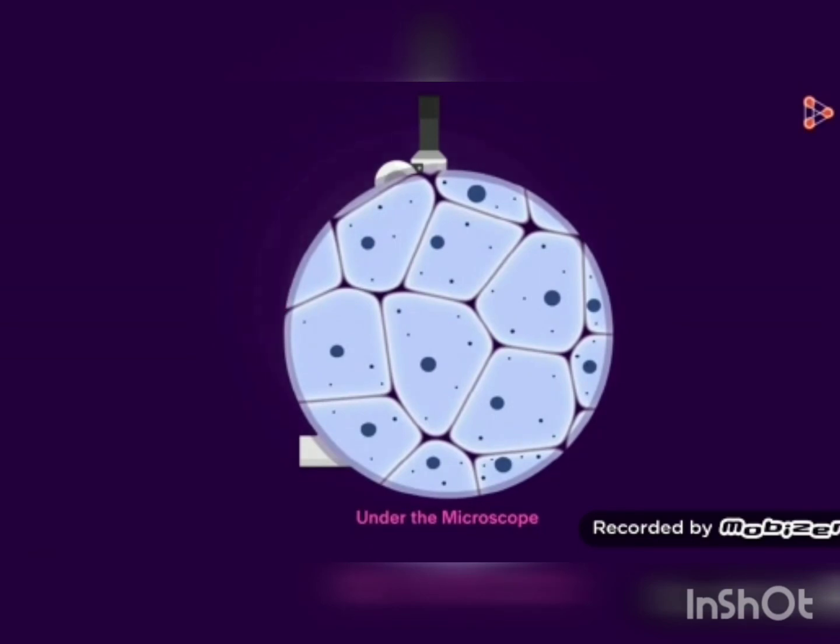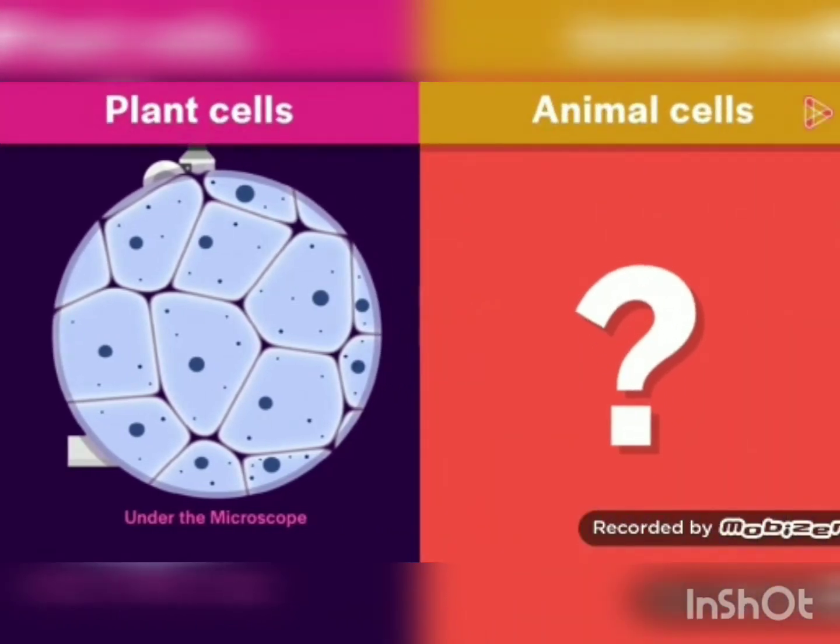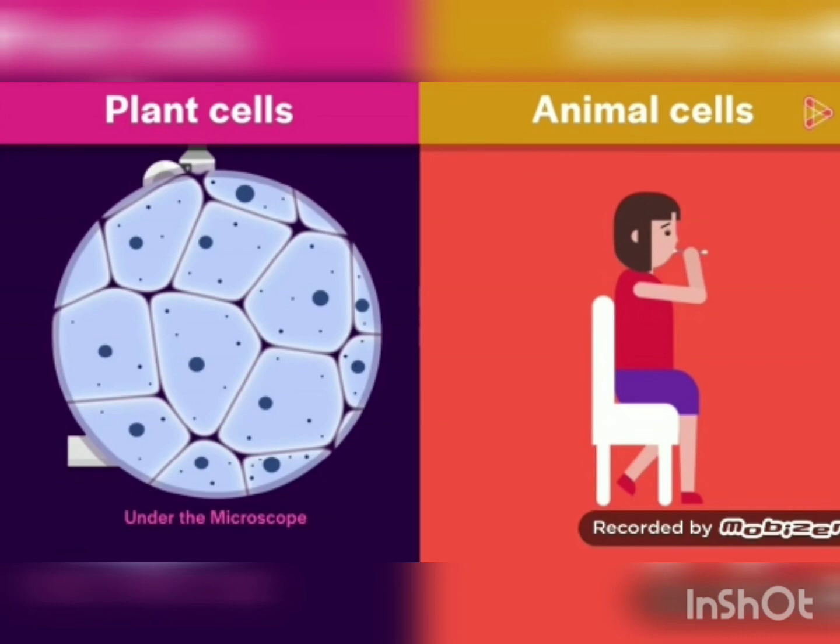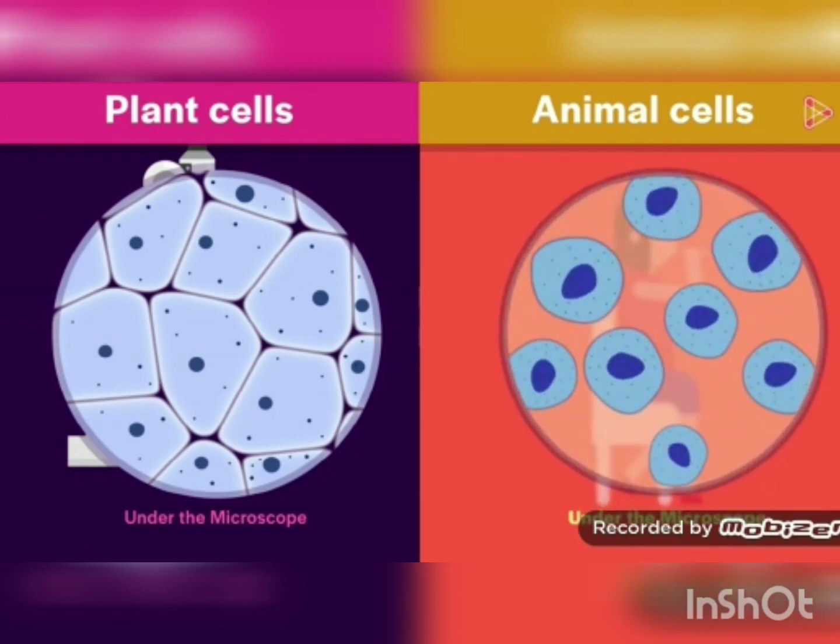Now before studying these, tell me one thing. Do plant and animal cells look the same? Do they have the same organelles? Or are the two types different in some ways? Well, plant and animal cells are slightly different. When cells from a human cheek are scraped with a sterile cotton bud and mounted, similar but not exactly the same cells are seen under the microscope.